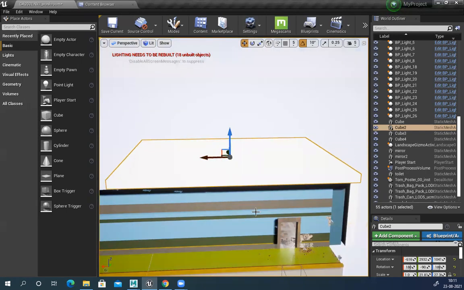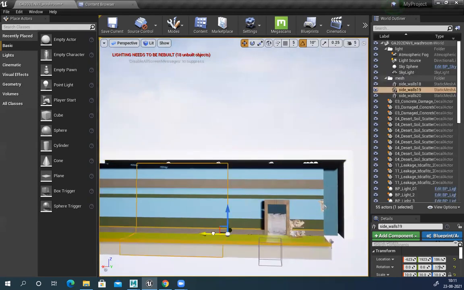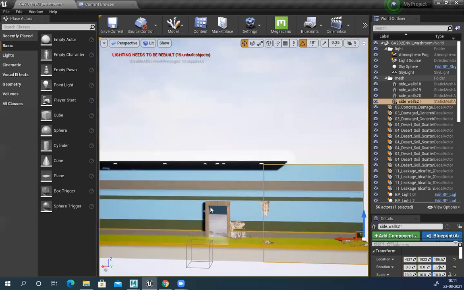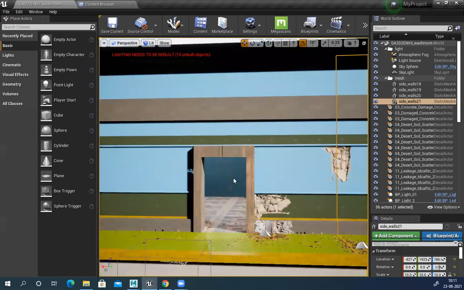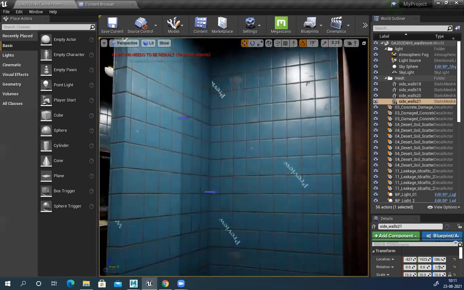And just make sure there is no light penetration from this side. Just like roughly placed it. So now I can just focus on this interior only and make everything with nice high detail.